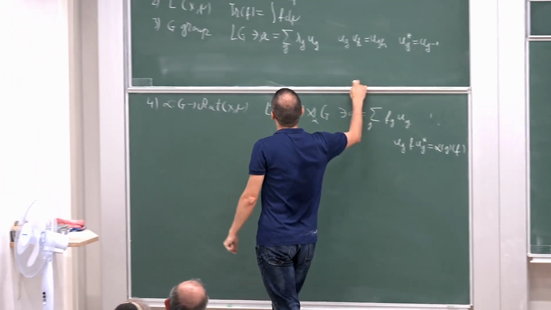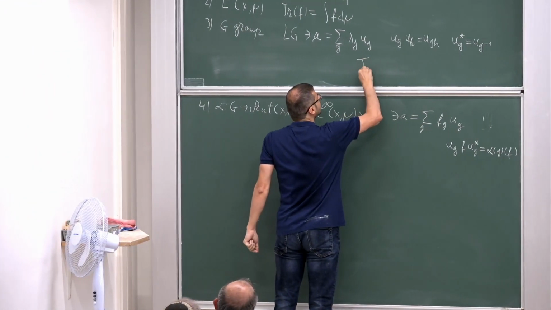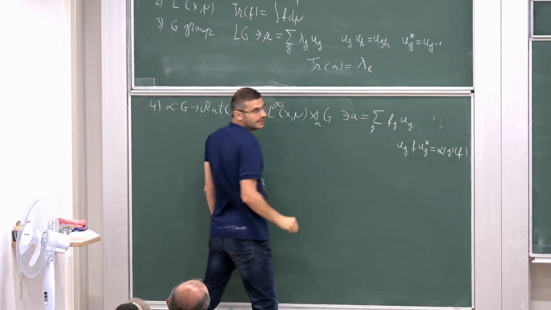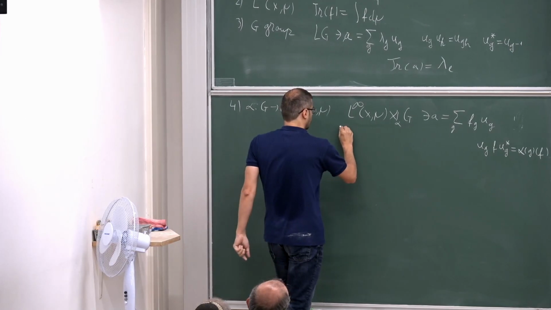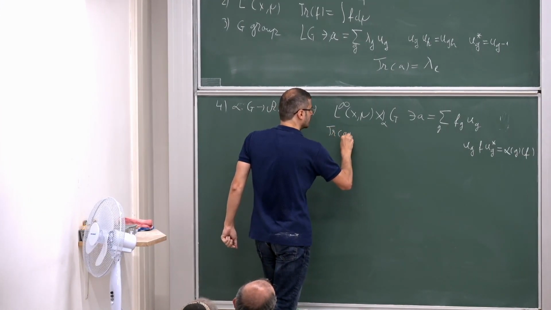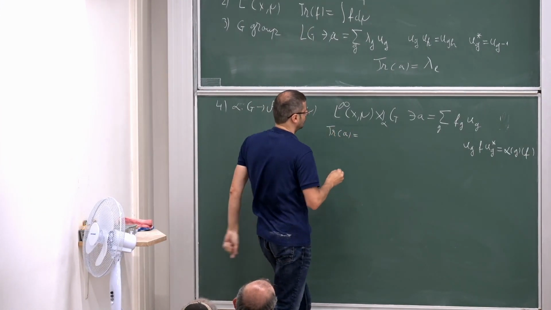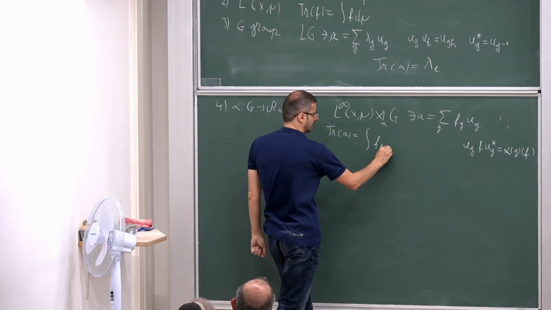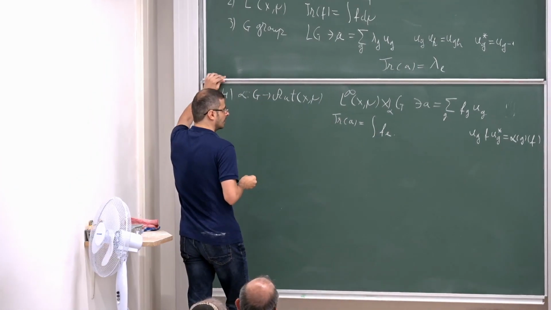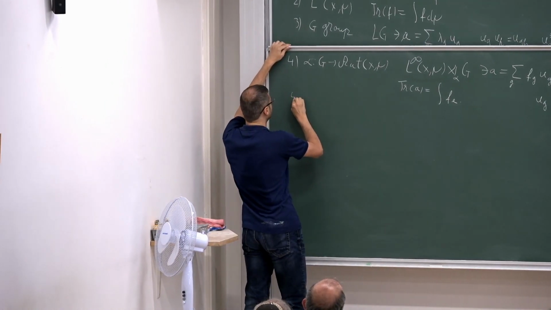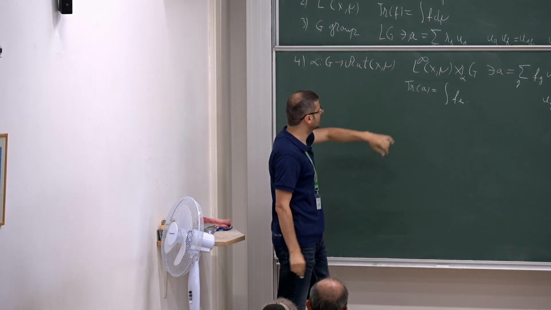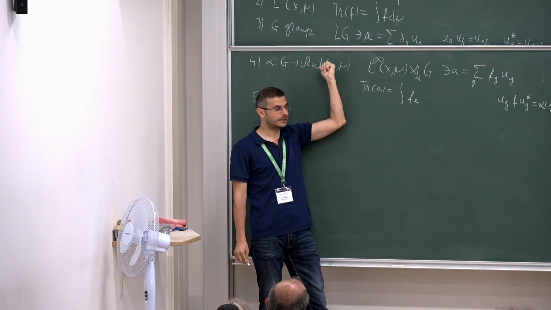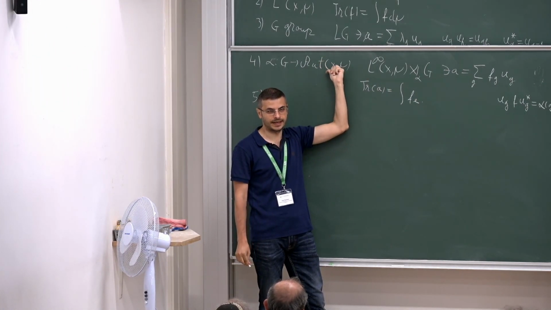And I forgot to tell you what is the trace. So the trace of an element in a group algebra is just the coefficient of the identity. And the trace of an element in a cross product is a combination of the 2 traces, so the integral of the functions corresponding to the identity. And the last example that we'll work with today, so the observation is that this algebra actually does not depend on the action, but only on the orbit equivalence of that action.